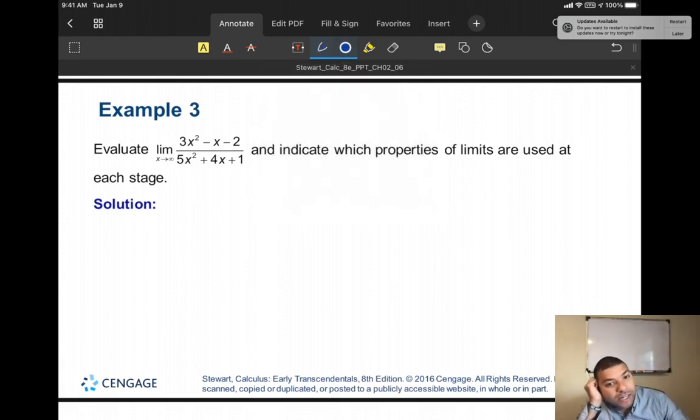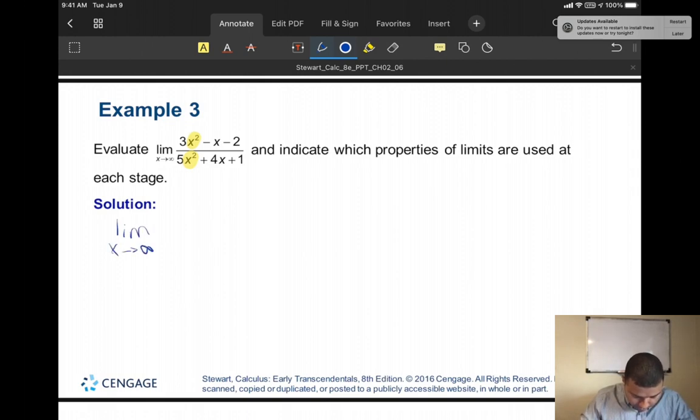But how do we handle a limit that is not in that basic form that we just saw? Here's what you're going to look at. You're going to look at the numerator and the denominator, and you're going to look at the highest powers of each. At the top you have x squared, which is the highest power, and at the bottom you have x squared, which is also the highest power, and they are equal. If they were different, you have different ways to go from there. I like to choose the highest power of the two, but because they're equal, all you do is you divide by